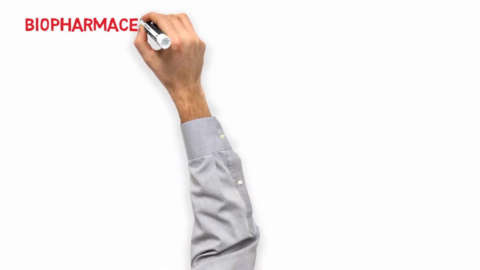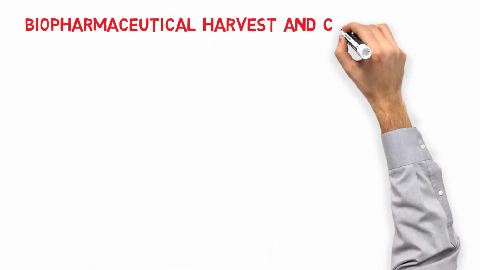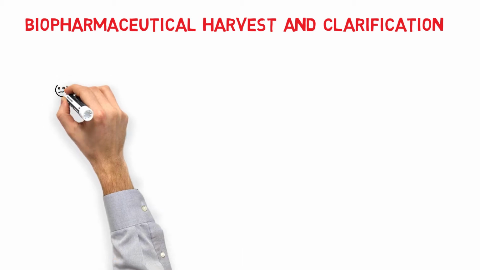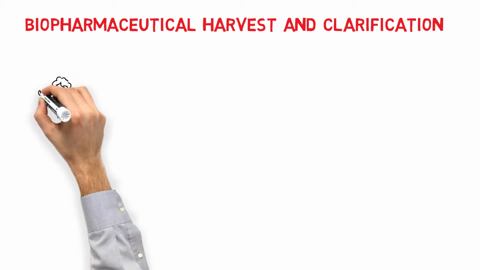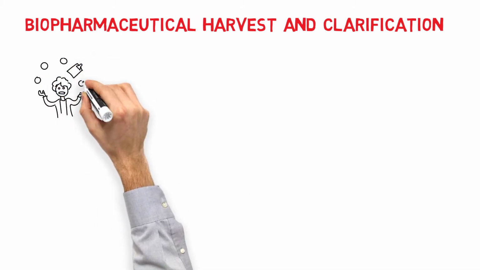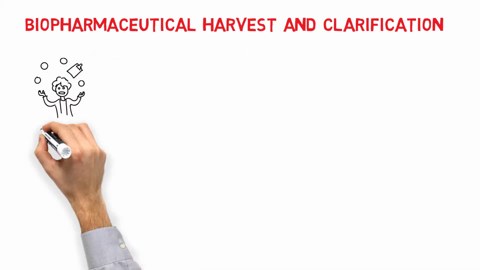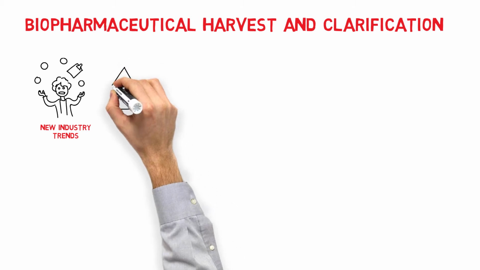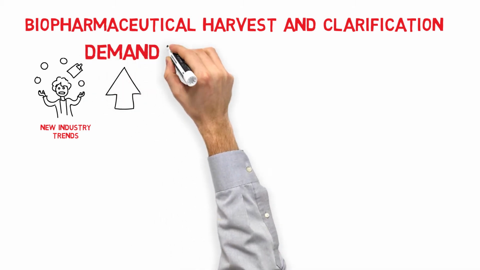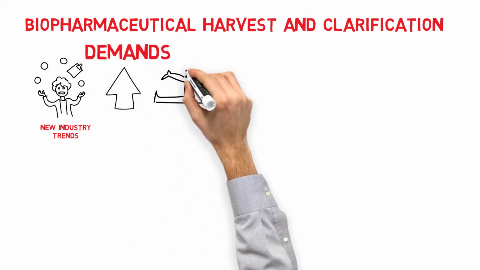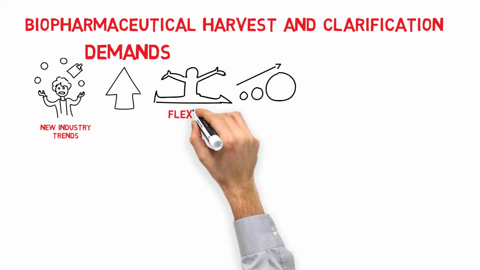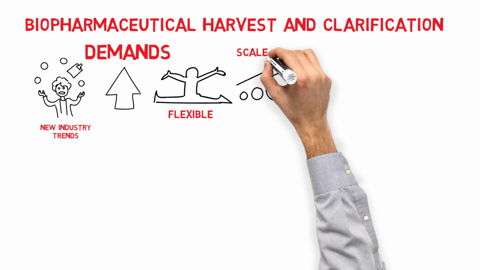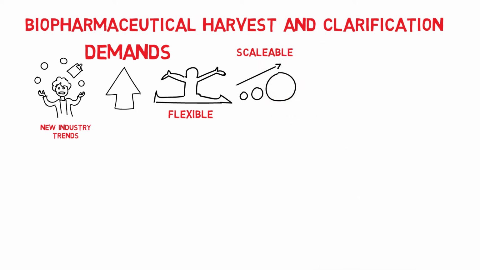If you're responsible for process development in biopharmaceutical harvest and clarification, you may be dealing with a lot of pressure to get a good commercial fit quickly while juggling many challenging variables at the same time. New industry trends in upstream processes are introducing higher demands on the harvest and clarification process. There are development and facility advantages for these processes to be increasingly flexible and scalable while still delivering high-quality end